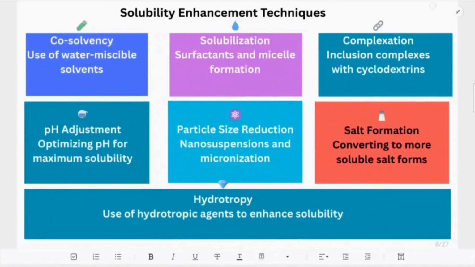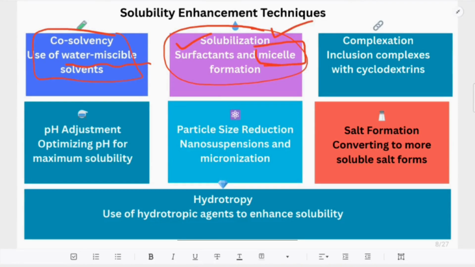So in this slide we are going to discuss briefly these techniques, not in detail but briefly. So what are we going to do with the co-solvency technique? Here we are using some other solvent which is water miscible. Then what happens in the solubilization technique? Here we are using surfactants that will lead to the formation of micelles, that is easily soluble in the